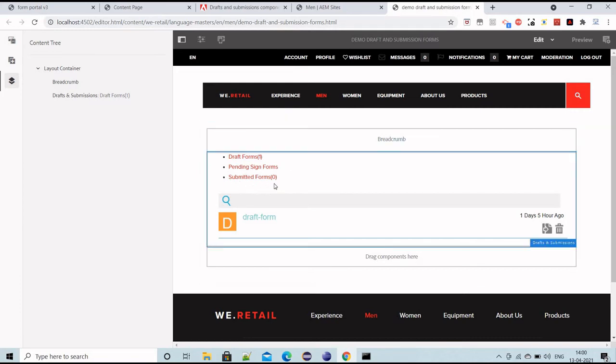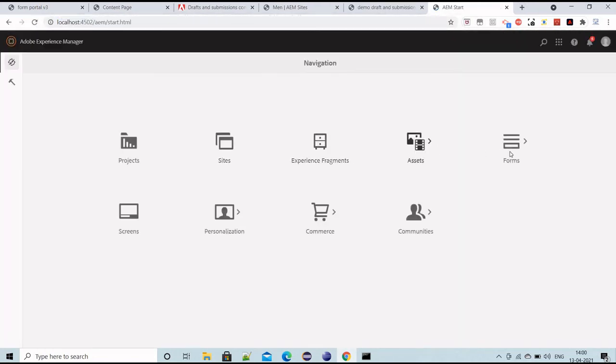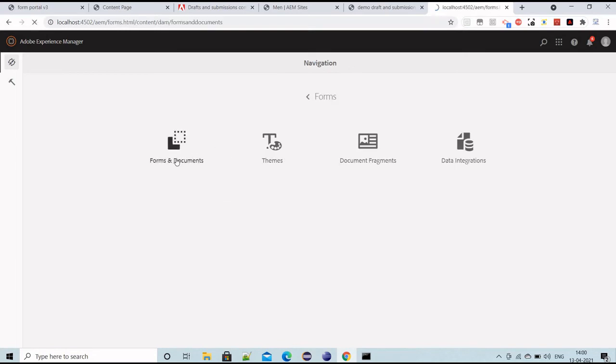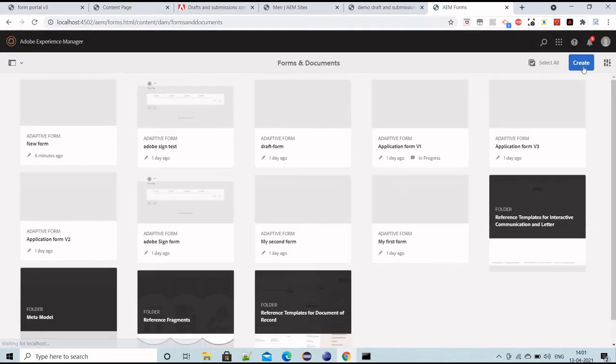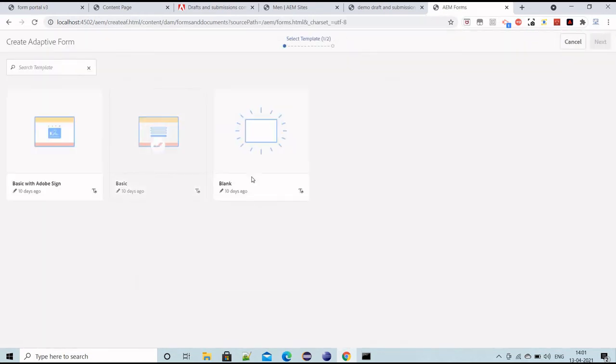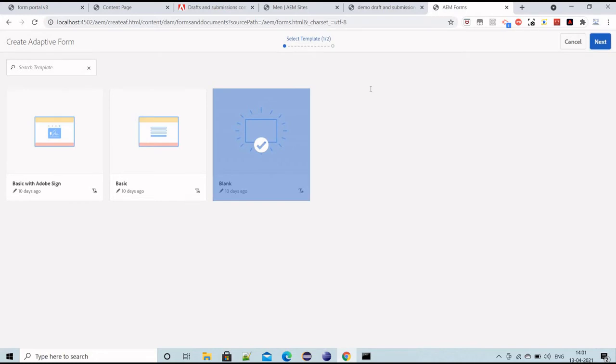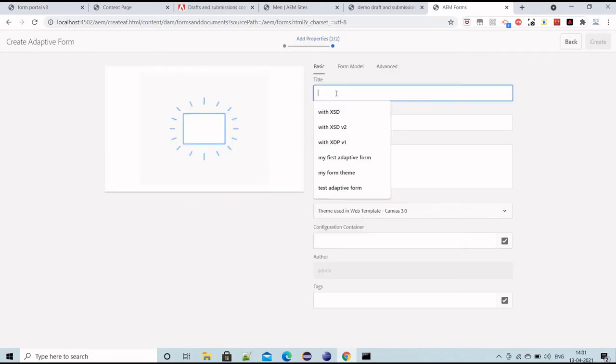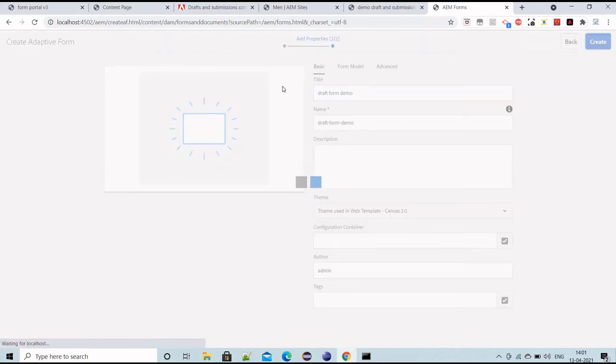So what I'm going to do, I will create a new form, and let's see if the count increases. I'll go to forms and documents, and I'll create a new adaptive form. I'm using a blank template, and I will name it draft form demo. Let's edit it.